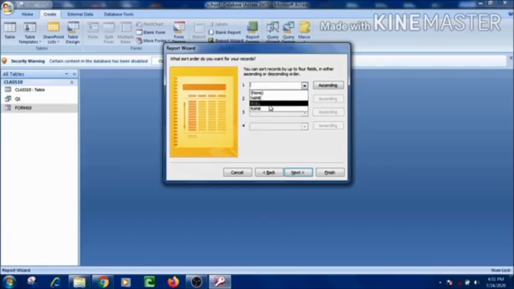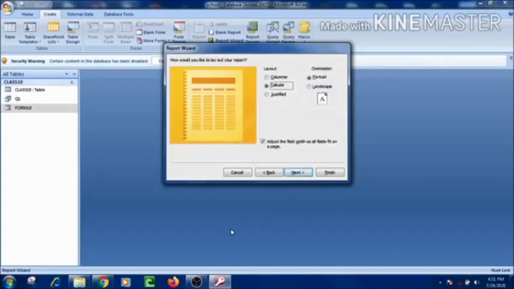Suppose that I am selecting the field roll number, roll, then I will select the order. Suppose that I have selected the descending order. It means now it is going to create the report in the descending order of the field roll. Now again I will click on the next button, which will take you to the next wizard.